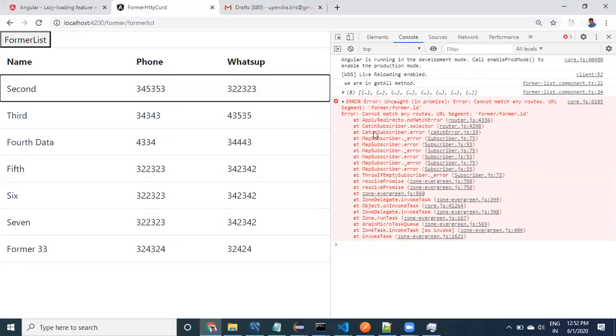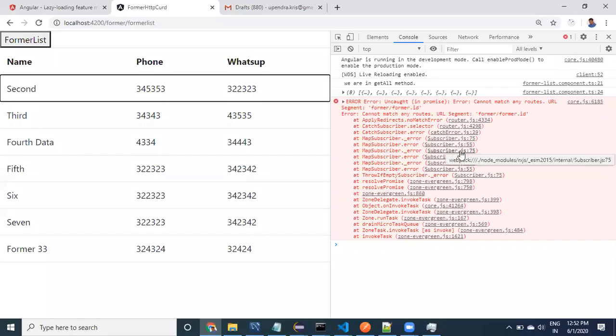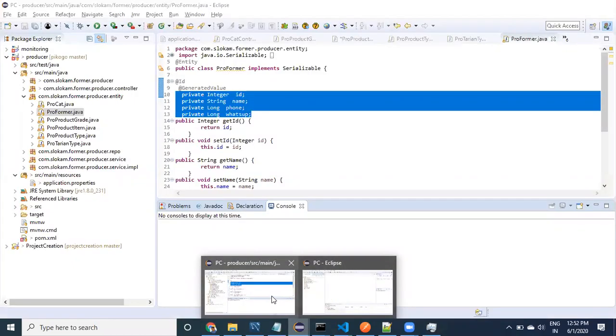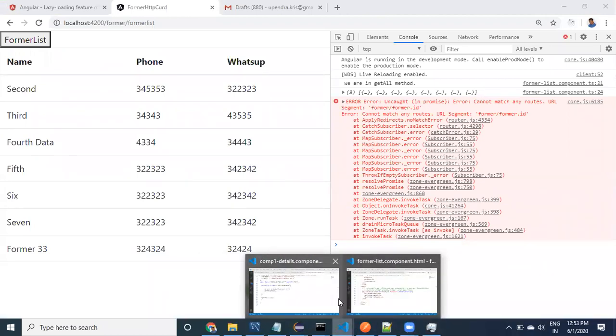See here, guys, we got the error. This is expected. Why? Because we are sending farmer slash farmer ID, so what we are getting is farmer dot ID, right? One second, go back. Instead of getting the ID, we have to display the value from there. To get the value,